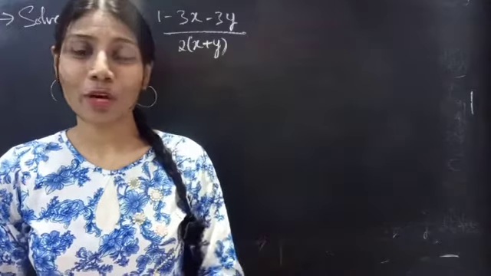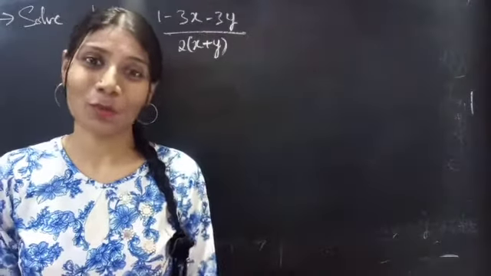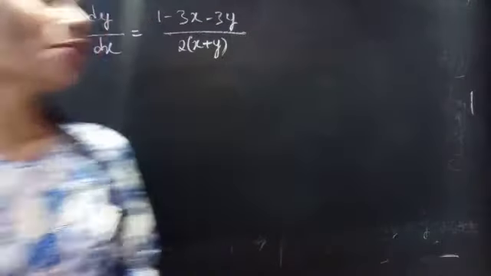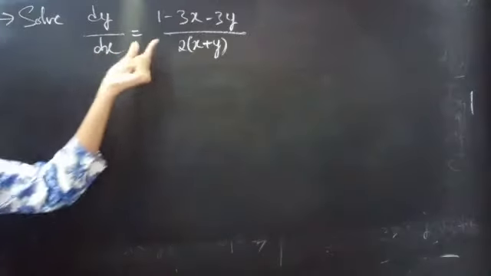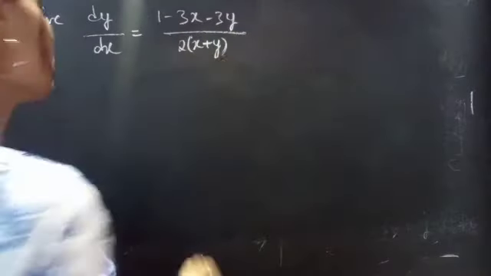In this video, we are going to solve a differential equation which is non-homogeneous. So let's get started. Problem: solve dy by dx equals (1 minus 3x minus 3y) by 2 times (x plus y). Solution: